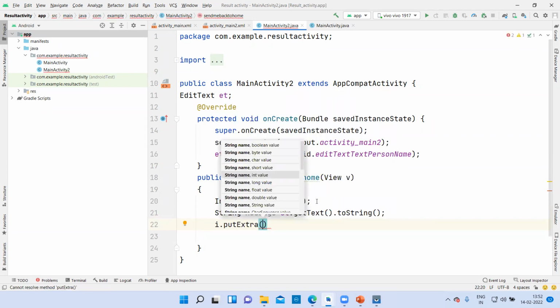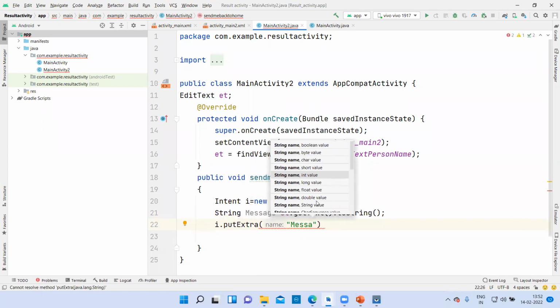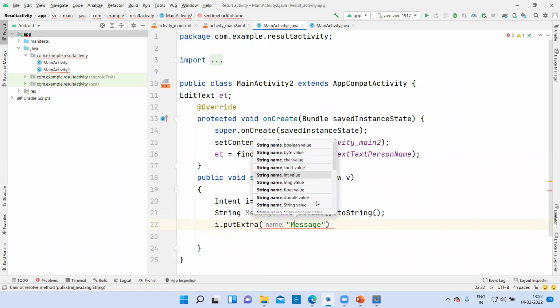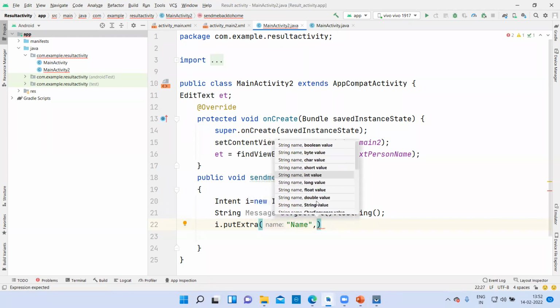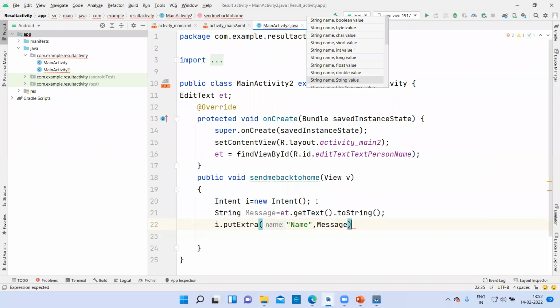Put extra, then provide the key name, then put the message, and put the semicolon.